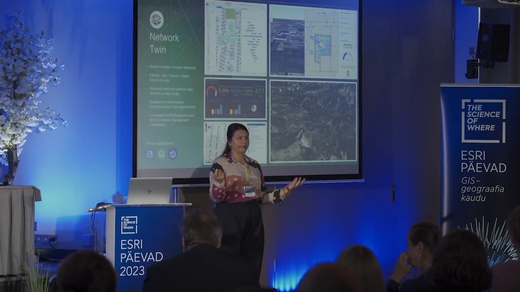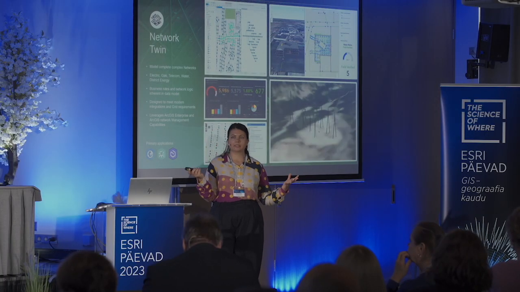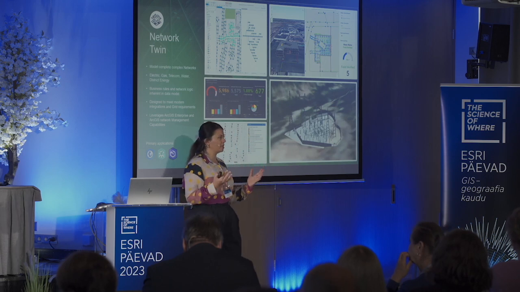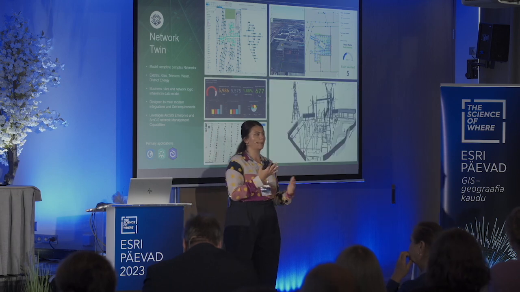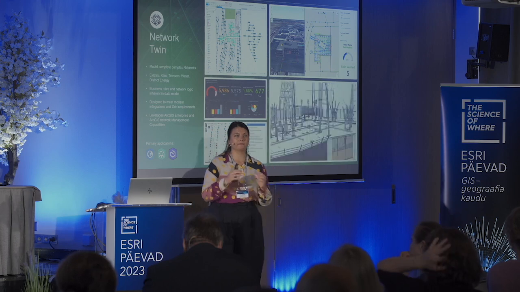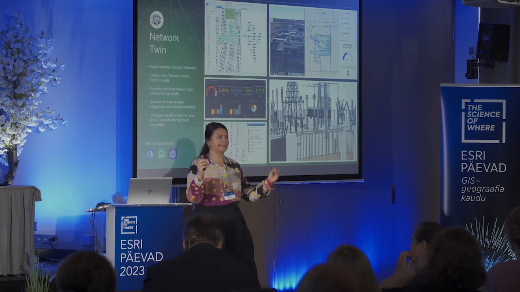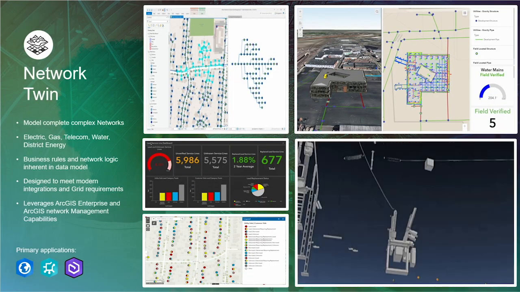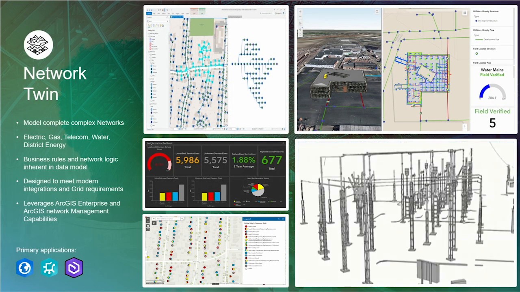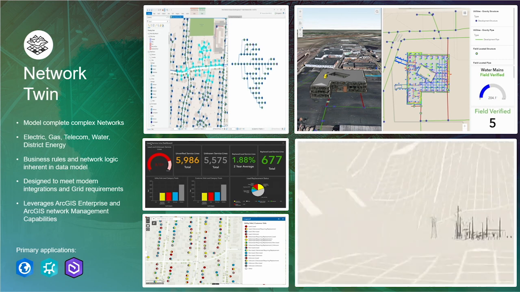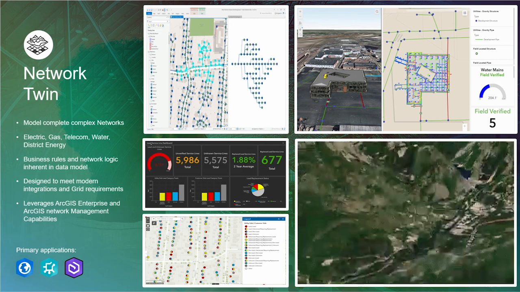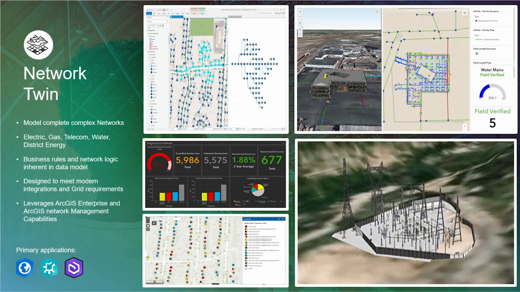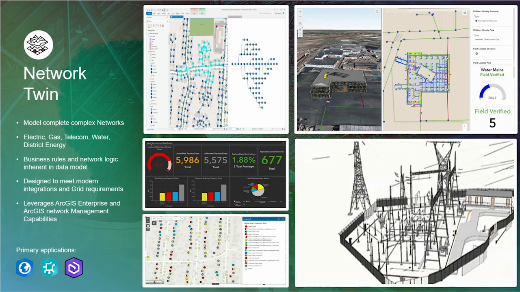And so we're going to move on to the network twin. What is the network twin? It is the modern network management system. It is the system that many of you have in place in some way or form. Some of you may have lines, points, and polygons representing electric systems or water systems or maybe telecoms. Some may have a CAD drawing with lines representing energy supply systems, for example.